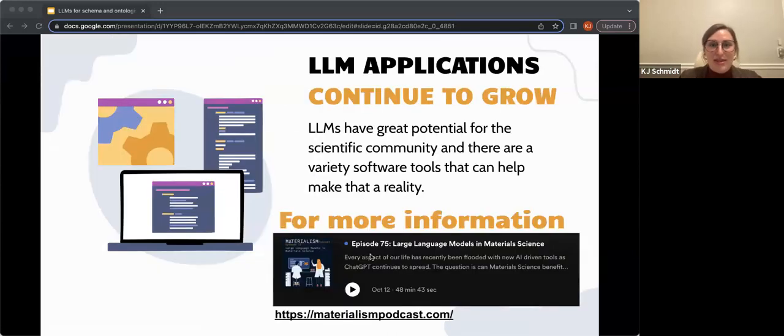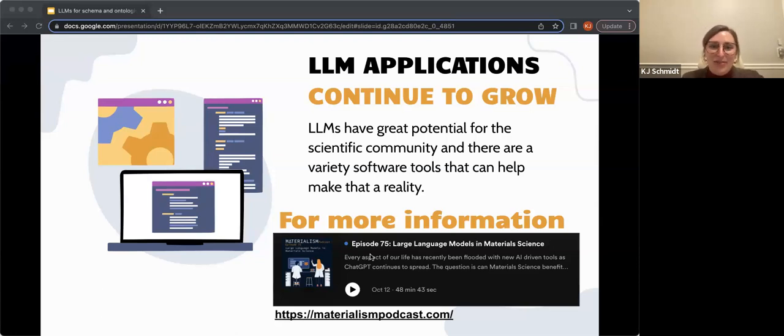But yeah, the biggest takeaway from these hackathon projects is that these LLM applications are continuing to grow. They have such great potential for the scientific community. And there are so many software tools that people can use to get LLMs up and running really quickly in their workflow. So your dreams of using an LLM for schemas and ontologies in materials and chemistry can be a